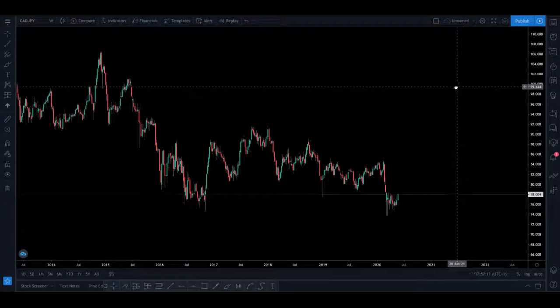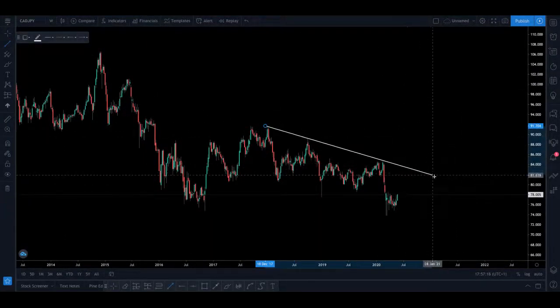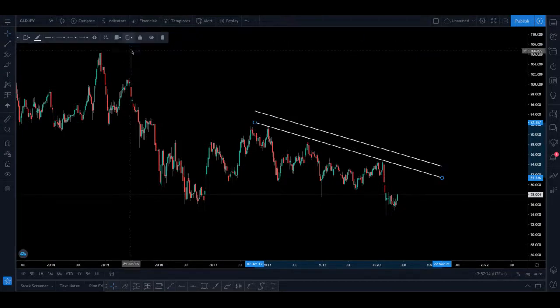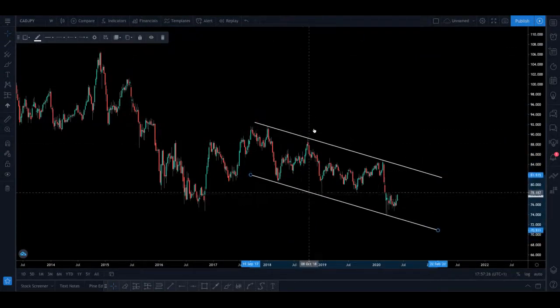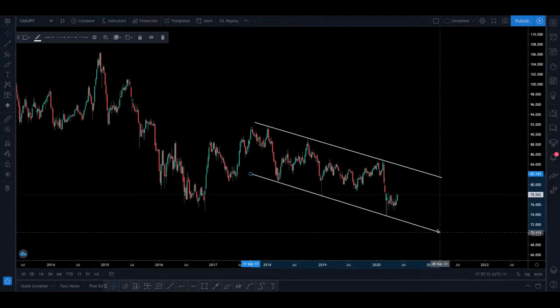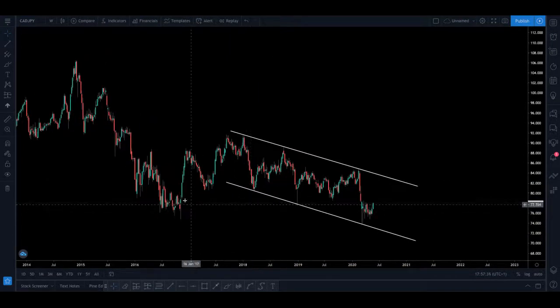Just a moment before we go onto lower time frames, we might have found some key structure, this key resistance level. Can we clone it and find a descending channel? Most likely, and yes we can. I'll just adjust this to fit. So you can see price here, possible flag pattern,